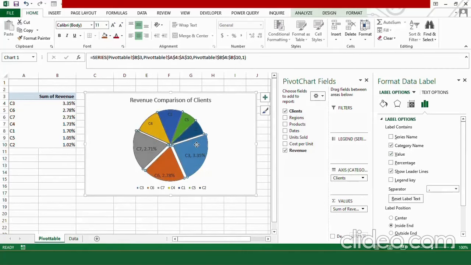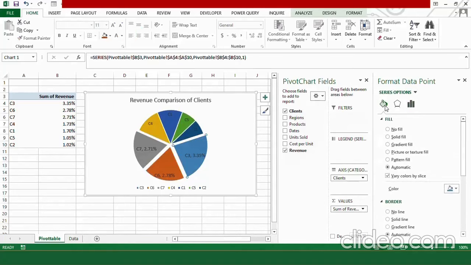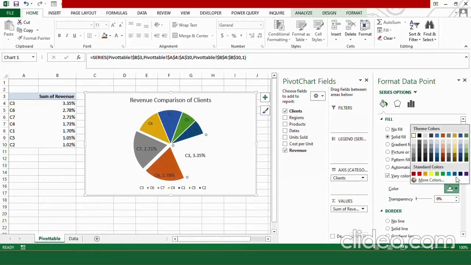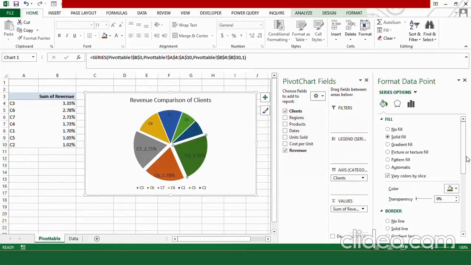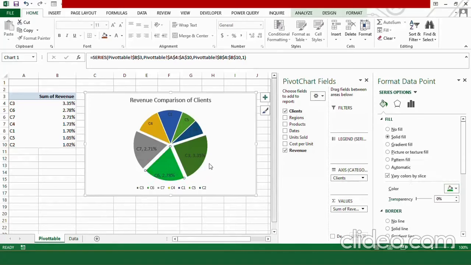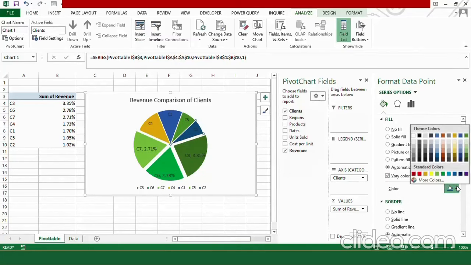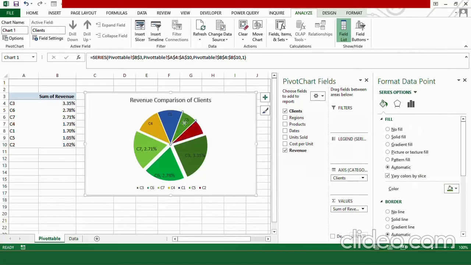Similarly, you can change the color of individual slices as well if you wish to. Go to the paint bucket icon, and from here, solid fill, I am going to change the color to dark green as it is my highest contributor. For C6, I am going to choose a bit lighter green, and for my third contributor, I am going to choose light green. And for the lowest, that is C2, I am going to choose the color maroon,